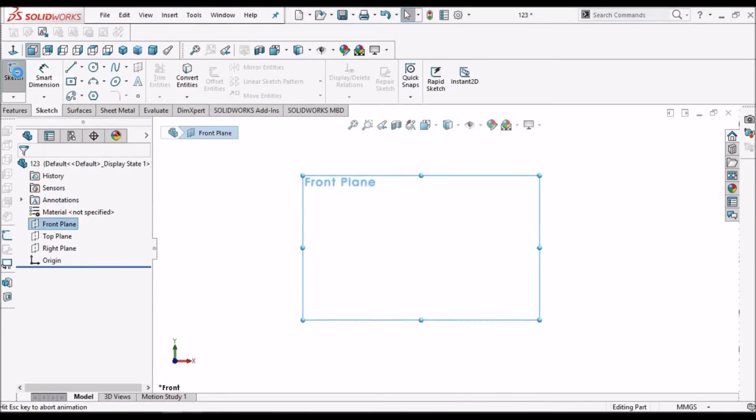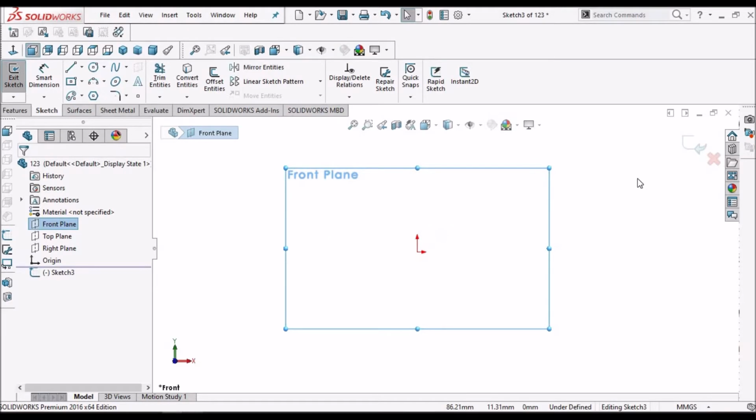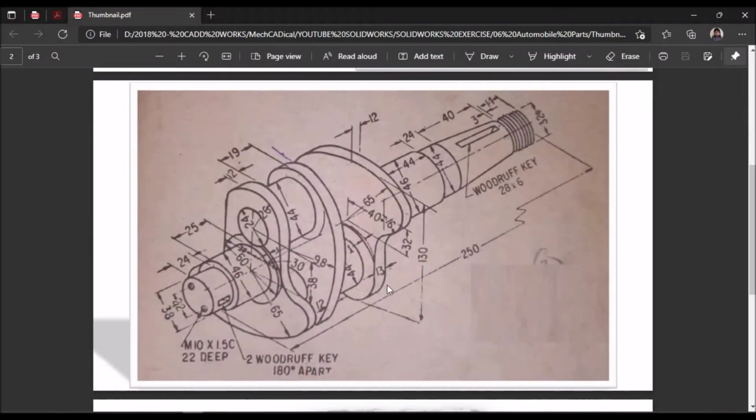Select the front plane, say OK. So let's start from this base. This is 24 and outer radius is 26.